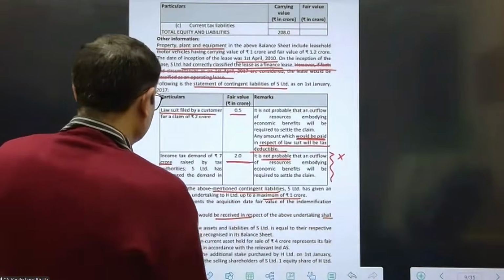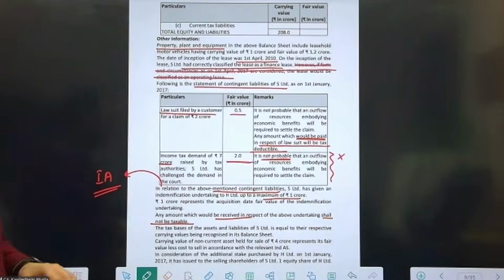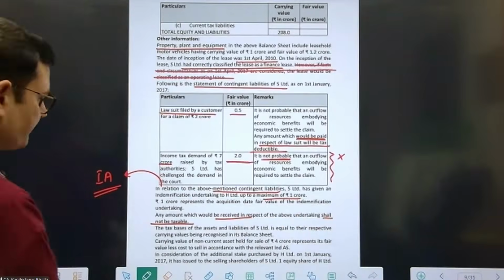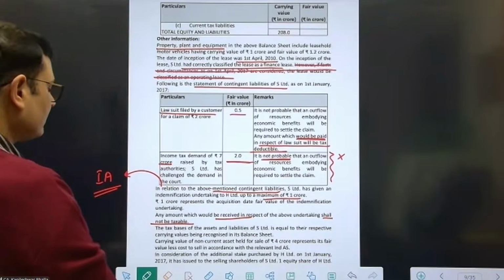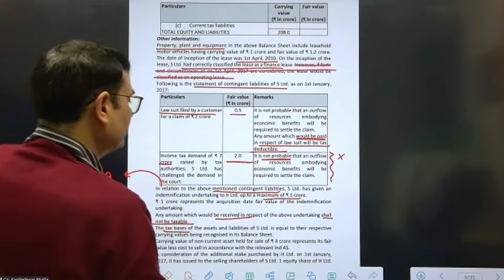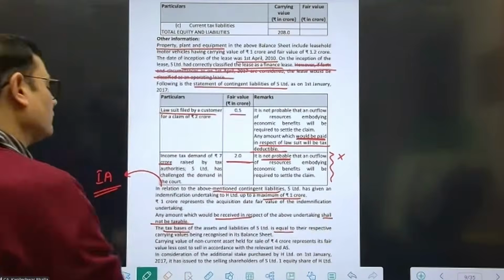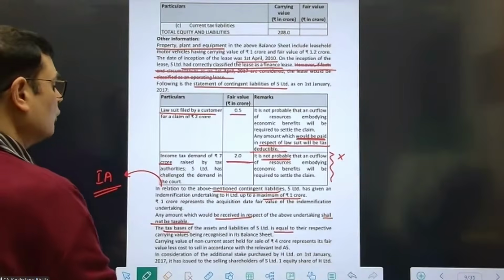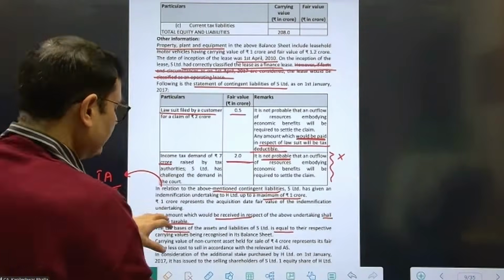If it is not going to be taxable, would this lead to a deferred tax consequence in that case? No, sir. That's right. Then he says the tax base of the assets and liability is equal to the carrying amount in the balance sheet. So no deferred tax implications on the remaining assets and liability.